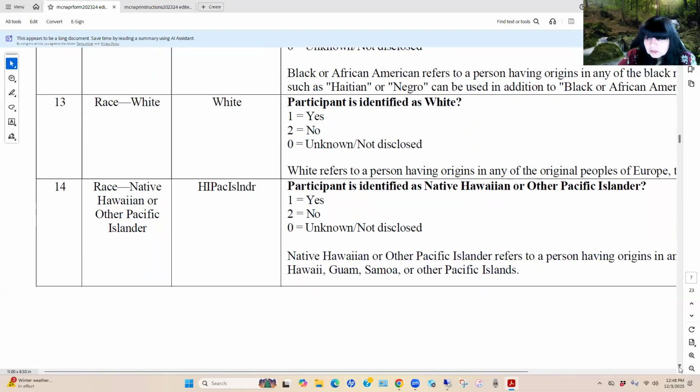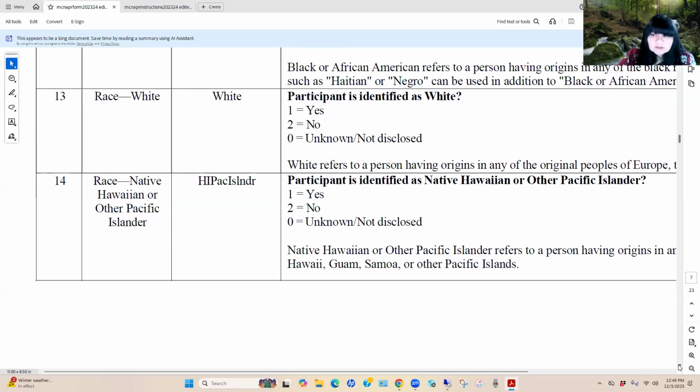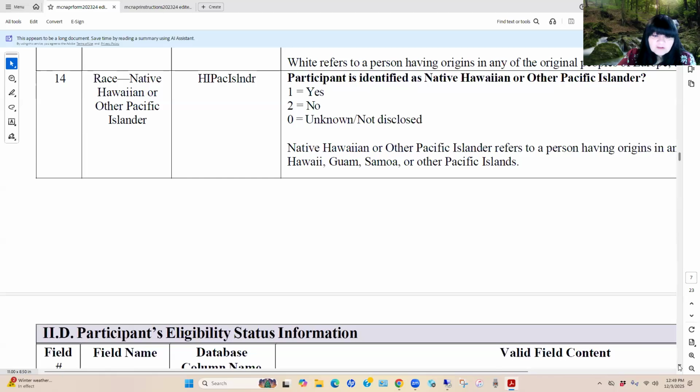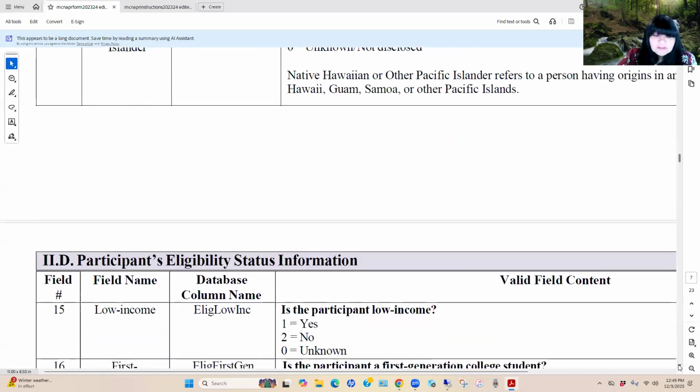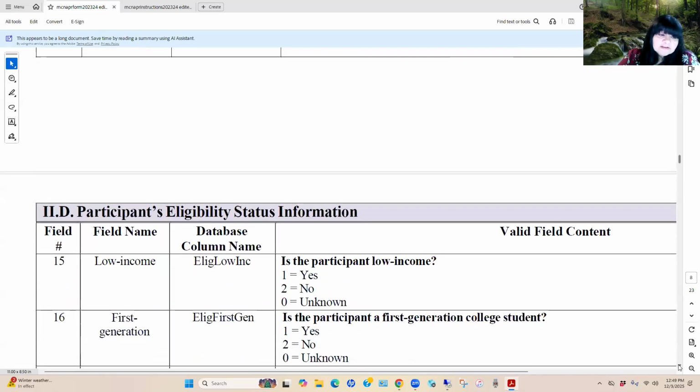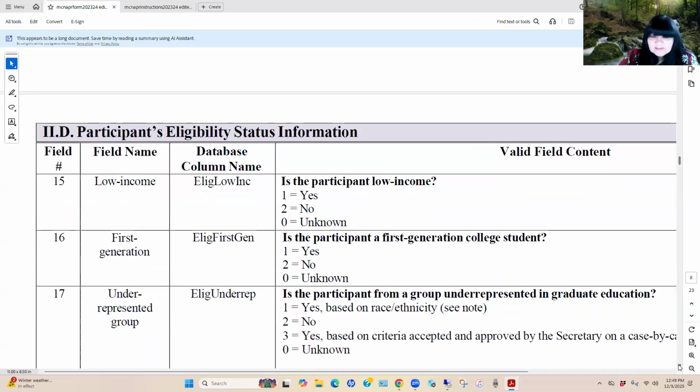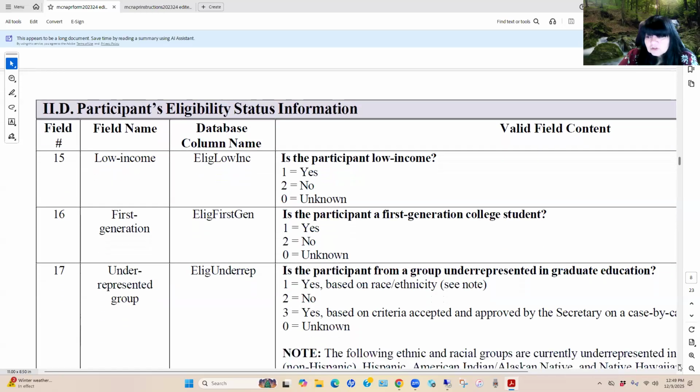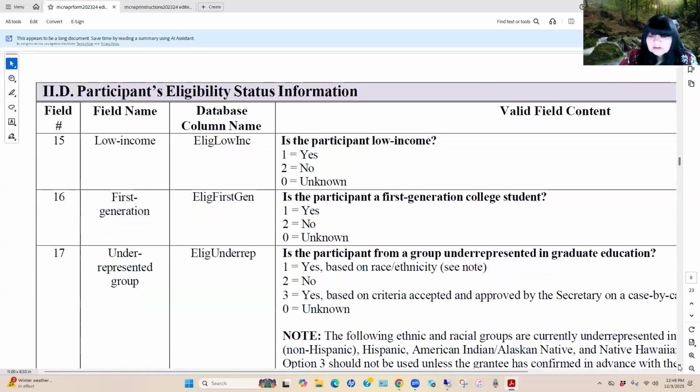So it is important to note that you will use the participants' applications to respond to their race and ethnicity. And it really just gives us an opportunity for the students to self-identify. The next few fields of data, fields number 15, 16, and 17, allow us to respond to the students' selection criteria.